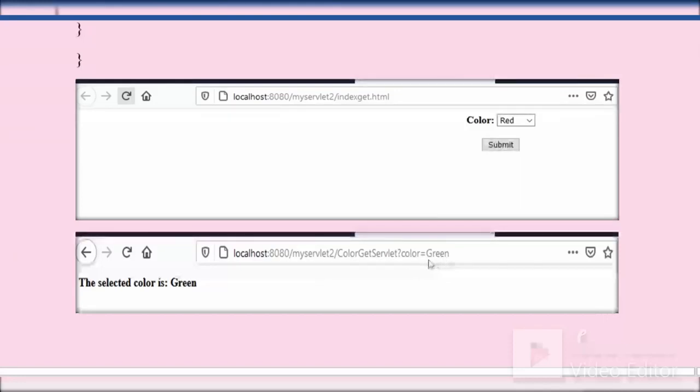We have selected the green color, so that value is sent through the URL to that servlet. So this is not a secured method, because whatever data you are inserting through the HTML file is sent through the URL. It is not encrypted data. So this was all about the get method.